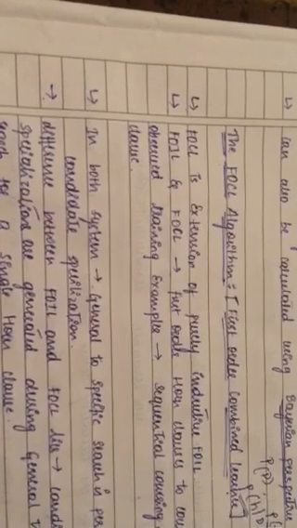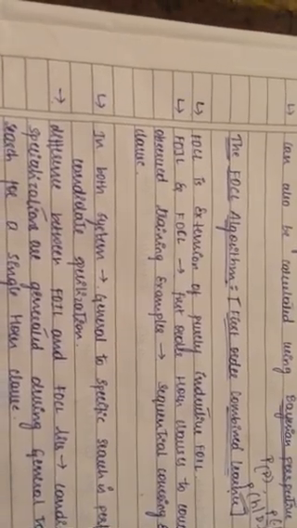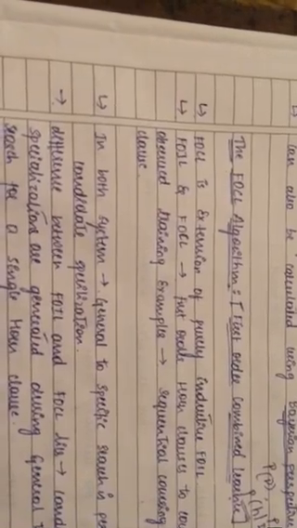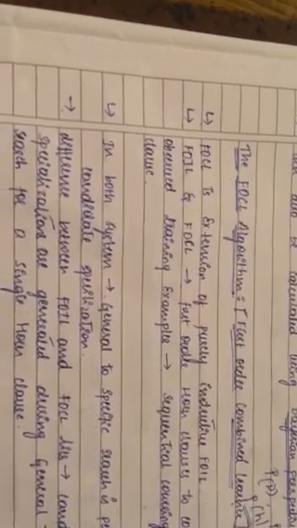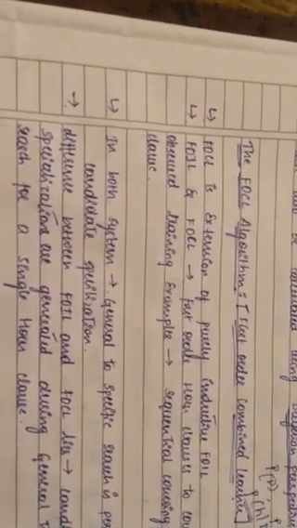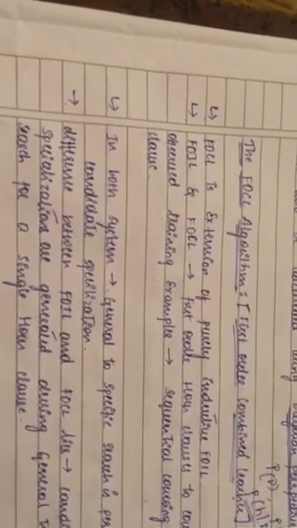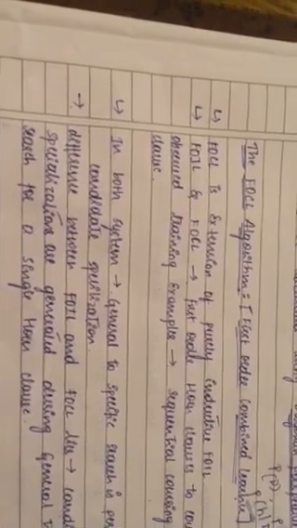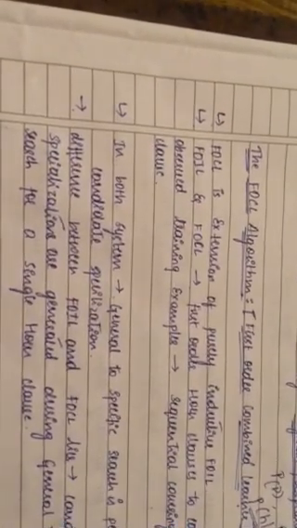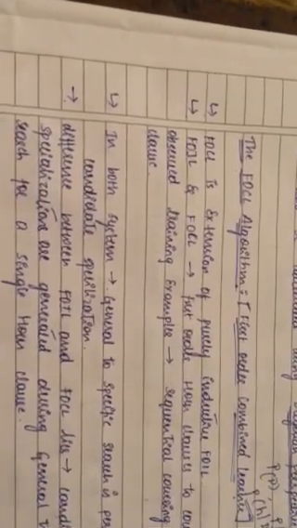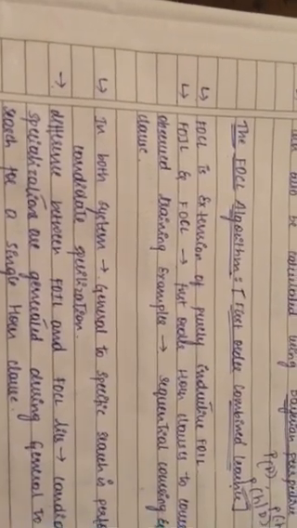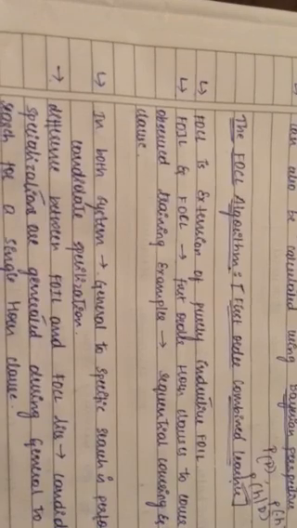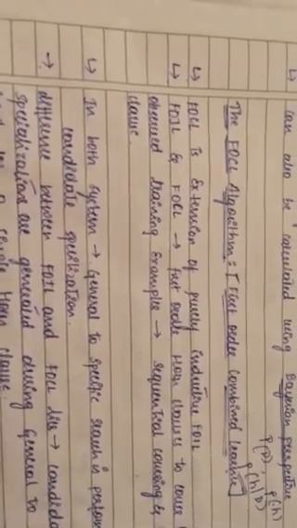So our FOIL and FOCL algorithms both learn a set of first order Horn clauses in order to cover the observed training examples. Both systems employ a sequential covering algorithm along with Horn clauses that remove the positive examples covered by the new Horn clause, and the process is iterated over the remaining training examples. I hope you understood up to here. So our FOCL algorithm, the First Order Combined Learning algorithm, is an extension of our FOIL algorithm.